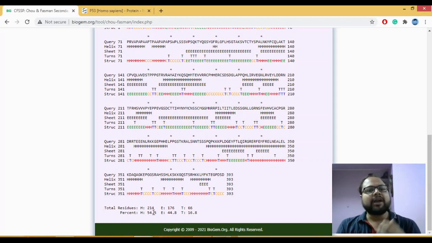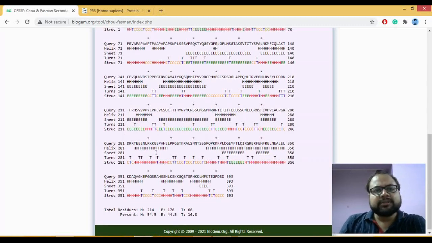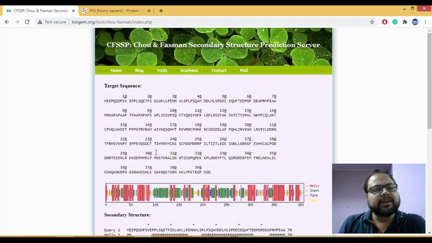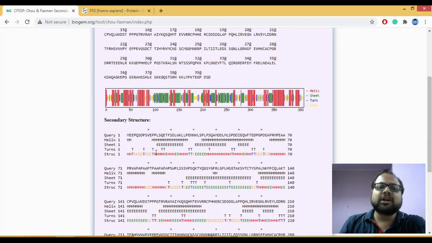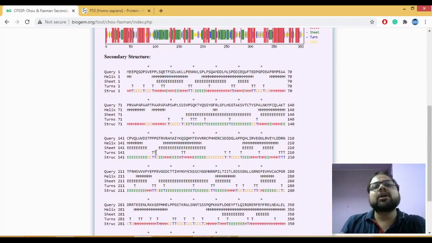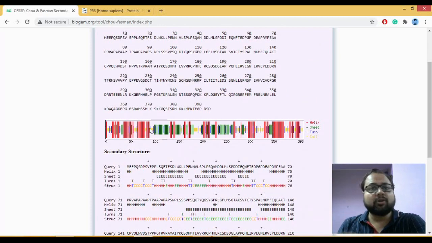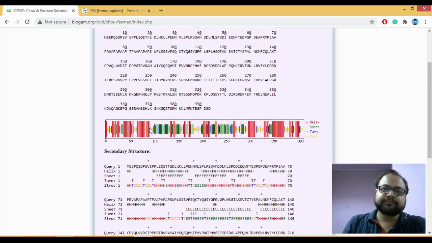But if you have a large number of helices and beta sheets, then as I said, it contributes to the structure, and that's how the sturdiness comes. Chow-Fasman helps us predict what the helical regions, the turns, and the beta sheets are for a particular sequence.